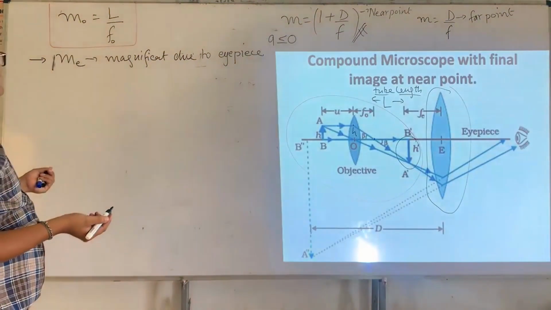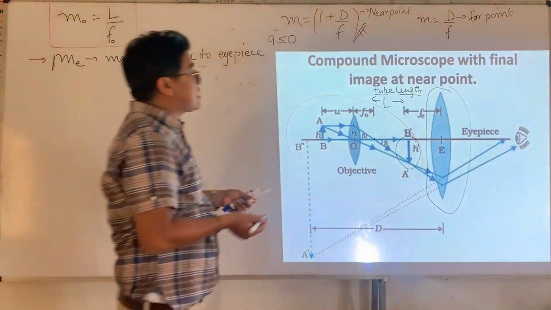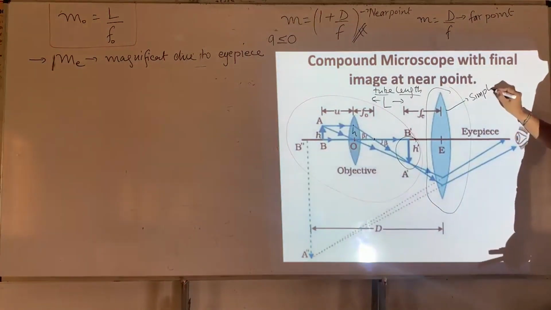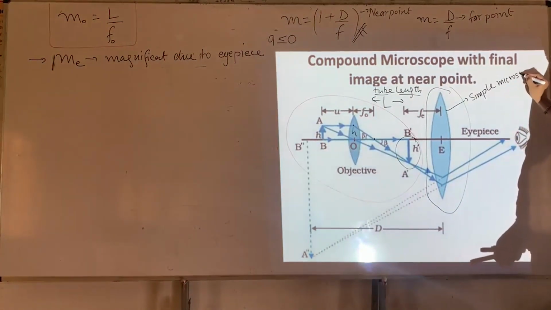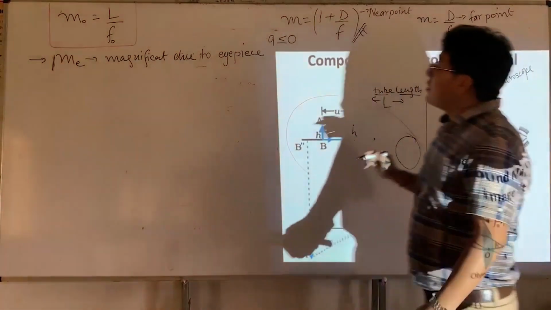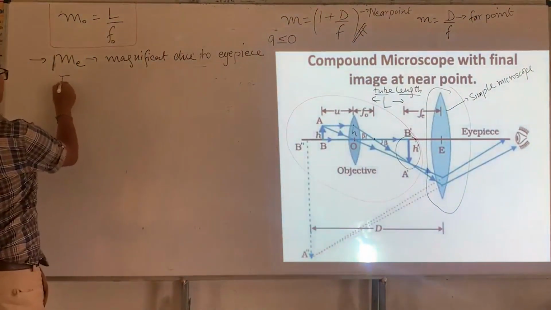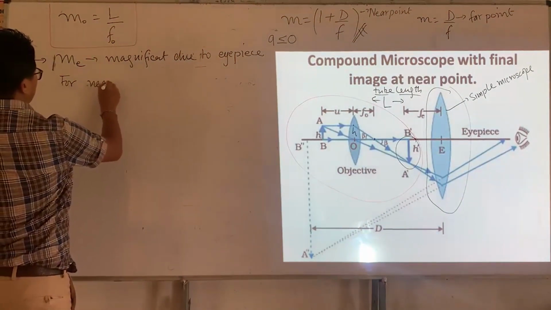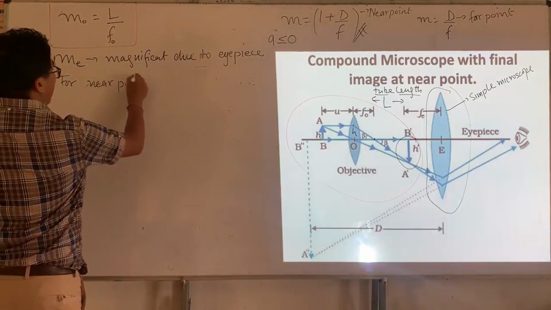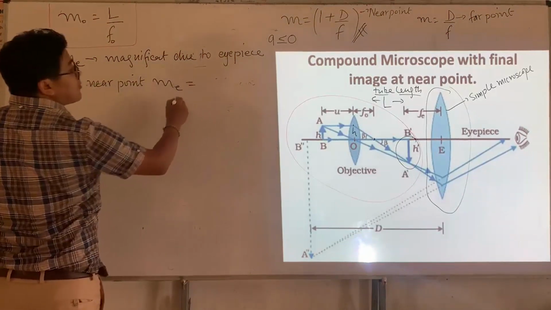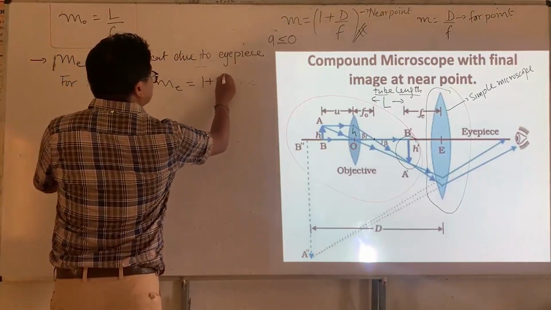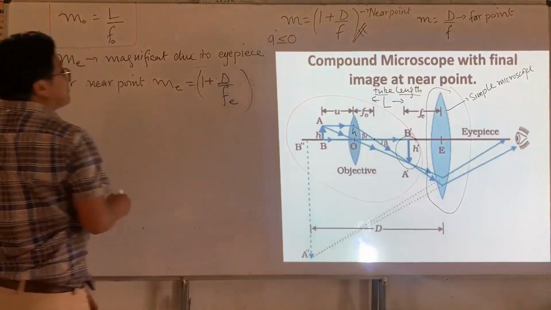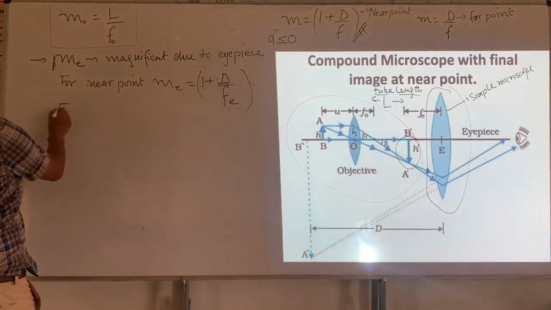Again, we have two options, right? Since this acts as a simple microscope, again I'm saying this acts as a simple microscope, we have already done it. So for near point, the magnification is going to be 1 plus G by Fe. This is for near point. And for far point,